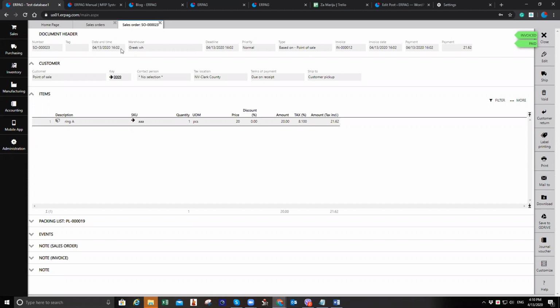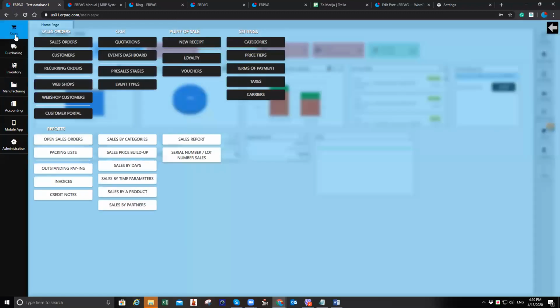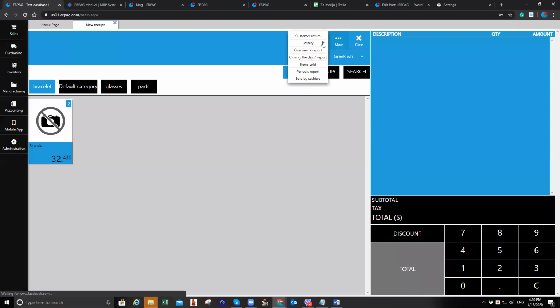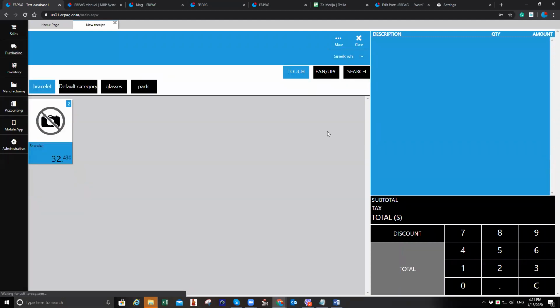Okay, and then just another quick question on the sales. Let's say the salesperson who was closing the store for the day made, let's say, 20 sales. Where is the sales report that adds up everything that was sold in the day, so she can check that it matches what we received? Yes, that is in the point of sale. You have more, and then you have the closing the day report. So if I close my day, this is the operator who worked on the register, and if I print it out,